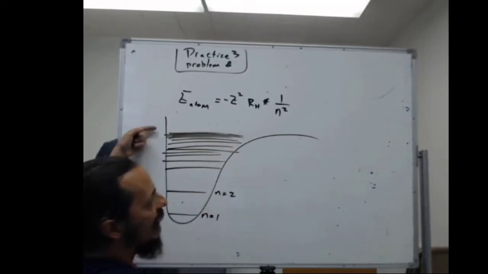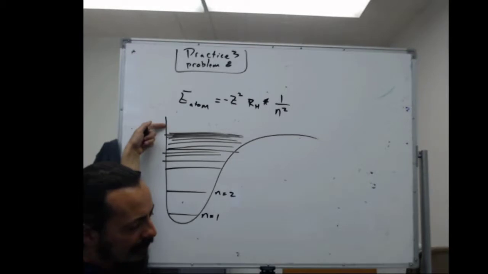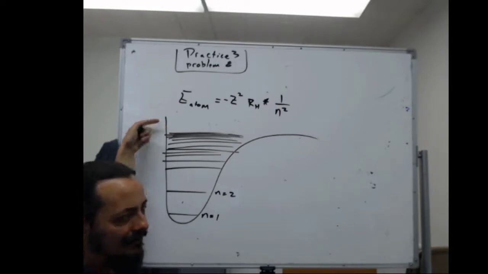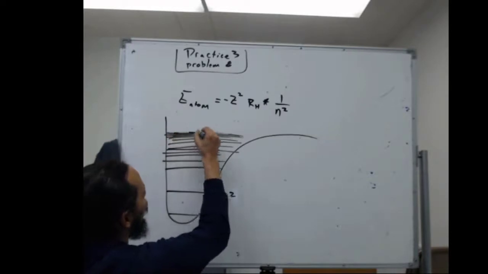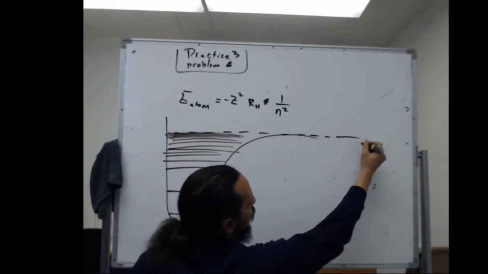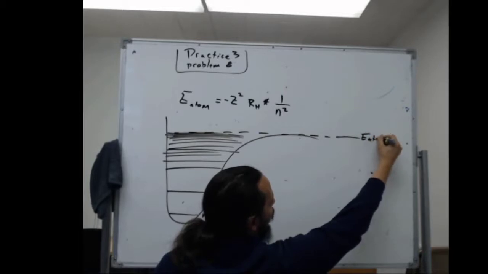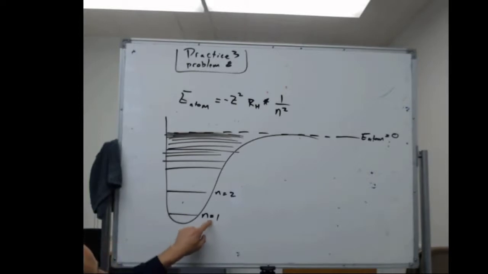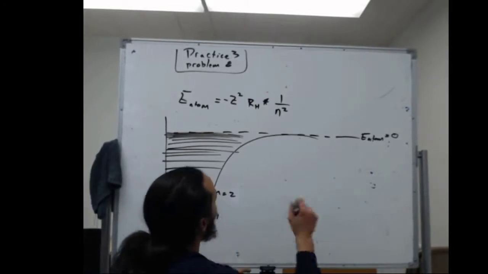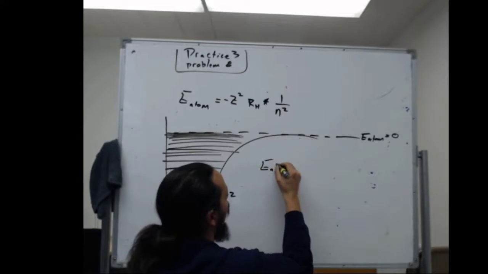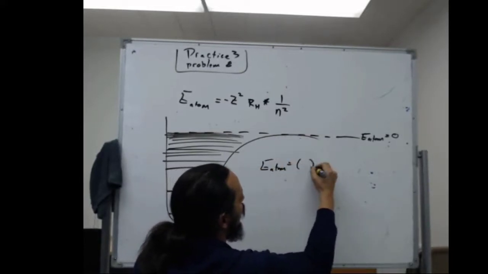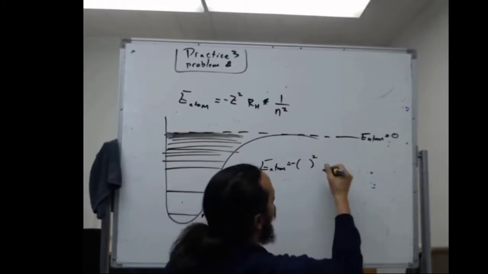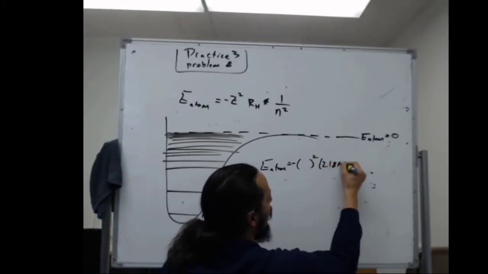This is because if you had 1 over a billion squared versus 1 over a billion and 1 squared, they're about the same. And we essentially define this top value as energy of the atom equals 0. All of the other states are below that energy of the atom. So in that case, we just want to consider the lowest possible state, the n equals 1. So we're just going to say energy of the atom is equal to negative Z squared times the Rydberg constant, 2.18 times 10 to the minus